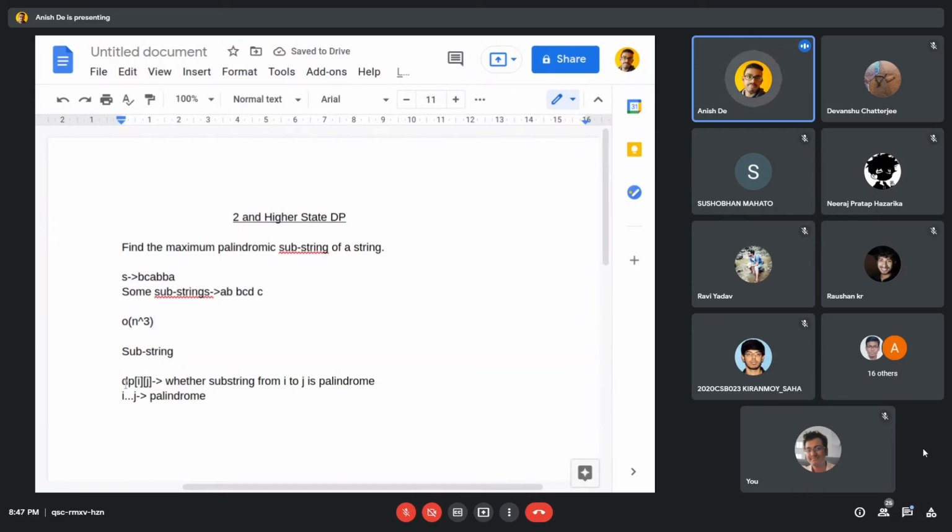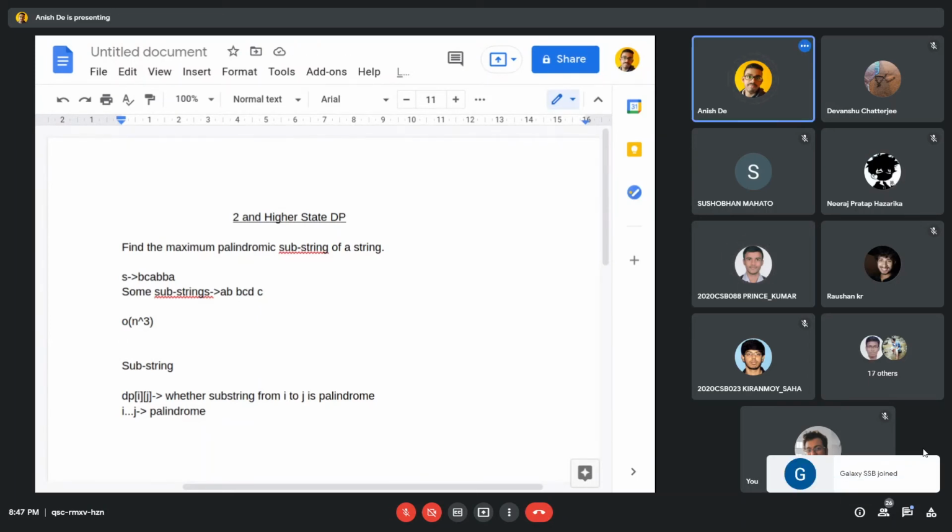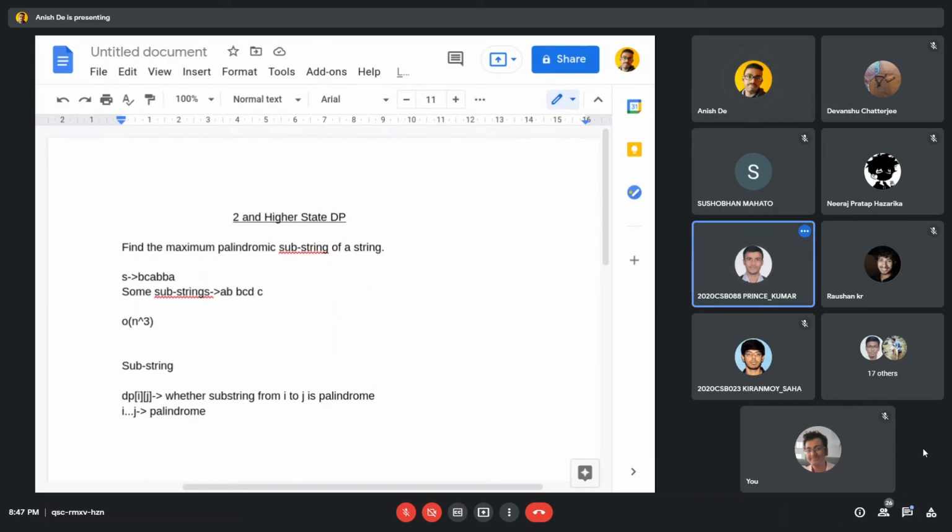So what I was telling is that we take one loop for traversing the string, and we compare the adjacent elements. Adjacent means consecutive, left or right of the selected element of the string.